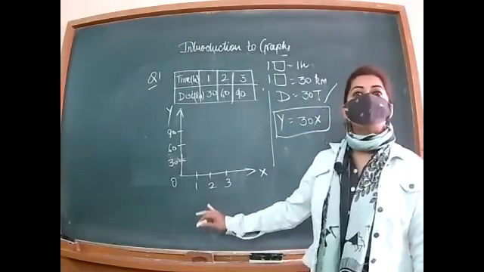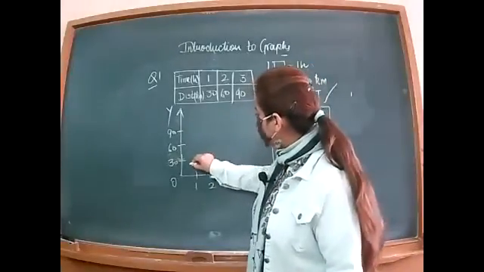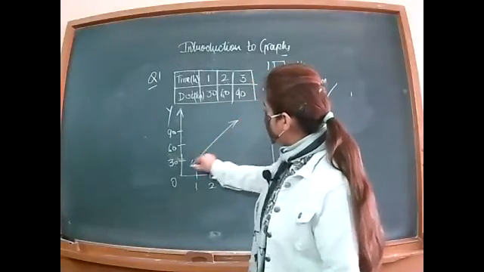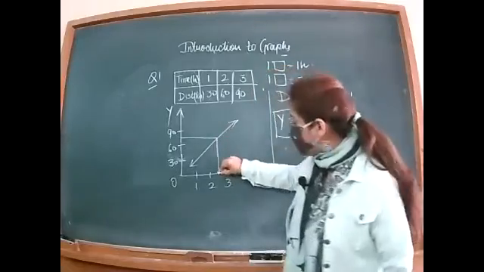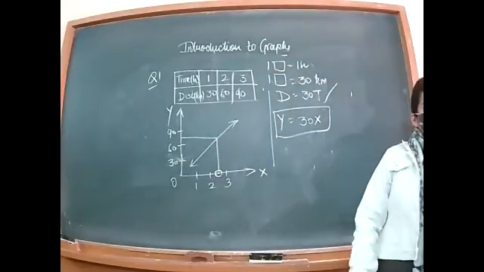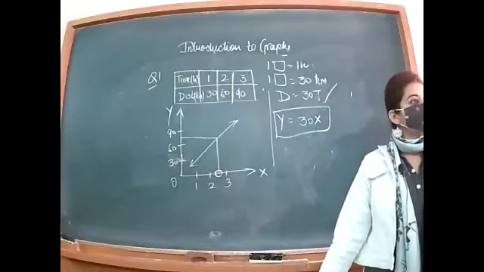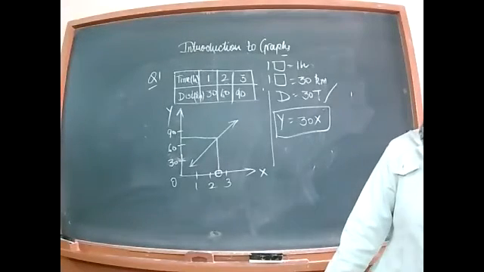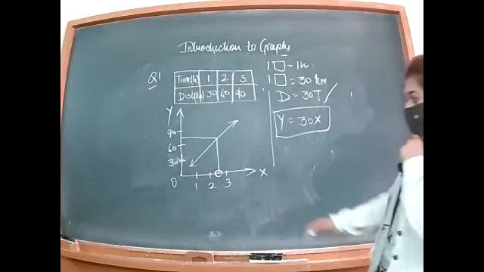Find the time taken by Ajit to ride 75 kilometers. Your graph is being formed like this. 75 will lie between these 2 points. So when you join them, the answer is 2:30, 2 hours 30 minutes. Got it? And the second part is the distance covered by Ajit in 3.5 hours.